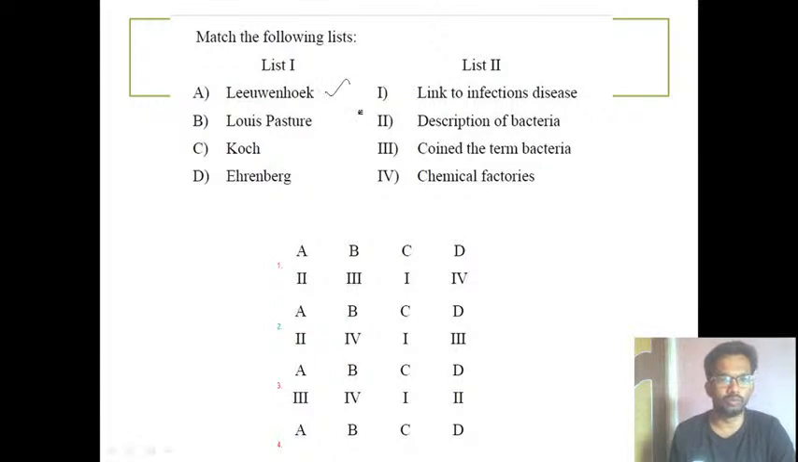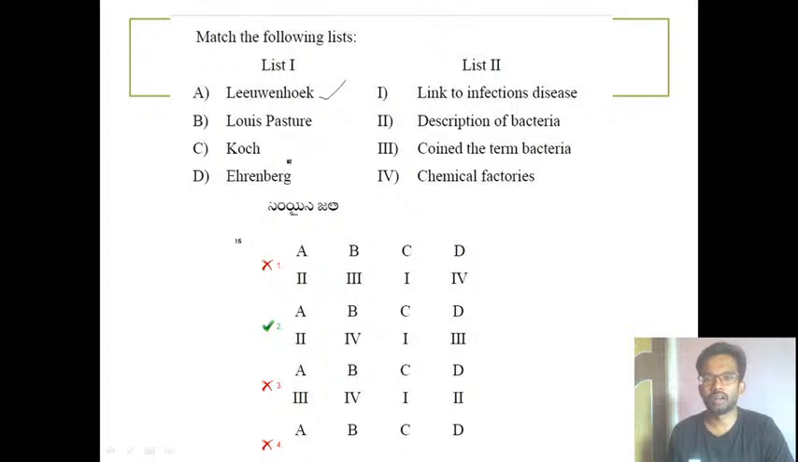So now, Leeuwenhoek, Louis Pasteur, Koch, Ehrenberg. Everyone knows that these people are scientists. So what Leeuwenhoek has done, what Louis Pasteur has done, what Koch has done. So first, when you are connecting with the option, what you need to do,